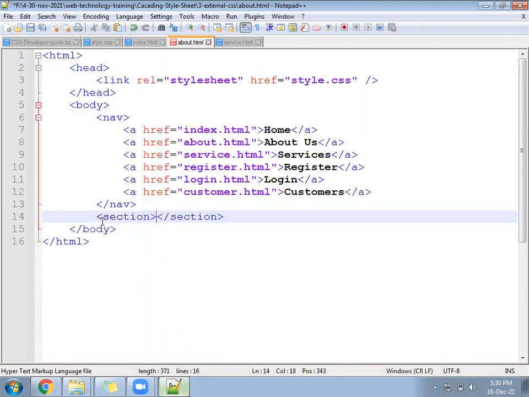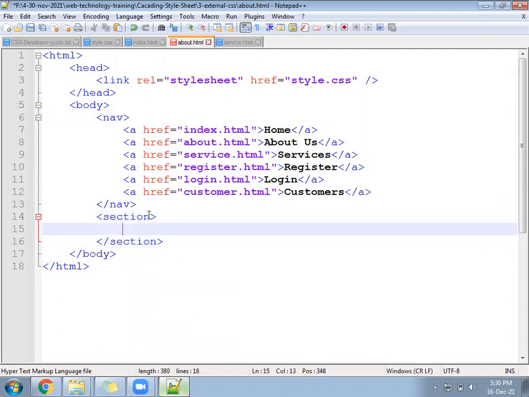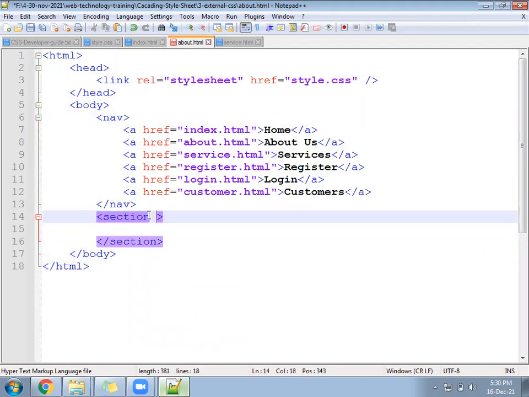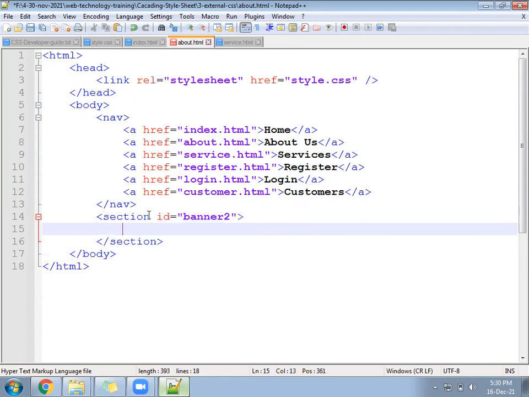In section tag, write banner 2, id equal to banner 2. Inside you can write here uses 3 image animated banner.